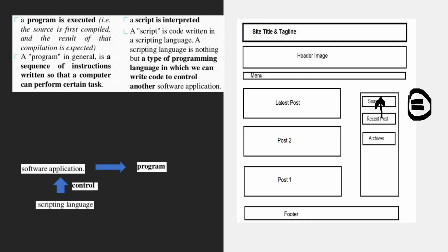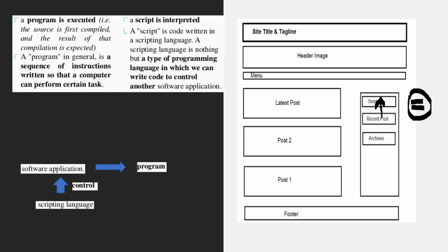So this JavaScript code is controlling the other program, that is the HTML program here. There are various ways I can link this JavaScript code that I have written to display the image. I can put it inside the HTML code, or I can write separate JavaScript code and link it by giving the path of the JavaScript code.